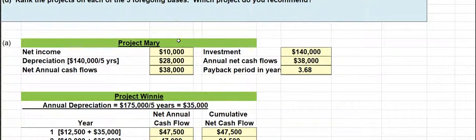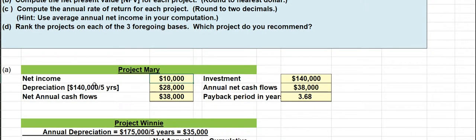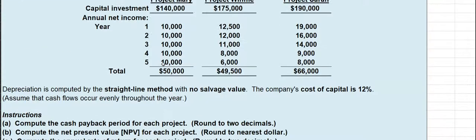$140,000. Again, the first thing we have to do is convert the net income into cash flow. And so what we do in this case is that we will add back the non-cash expense that was used to derive the net income. And so to find out the depreciation, which is the only non-cash item in this case, we take the initial investment of